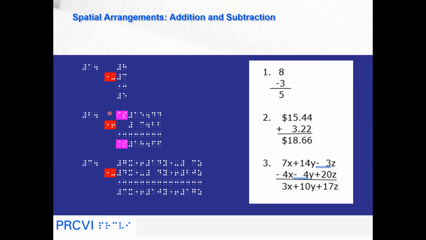In item 2, the dollar sign and decimal are vertically aligned. A blank cell is needed before 3 so as to align it with the digits above. You can have a space after the numeric indicator. Numeric mode is maintained when a numeric indicator is followed by a space. In an algebraic expression, all the variables, numerals, and signs of operation within the expression are aligned vertically, as shown in number 3.